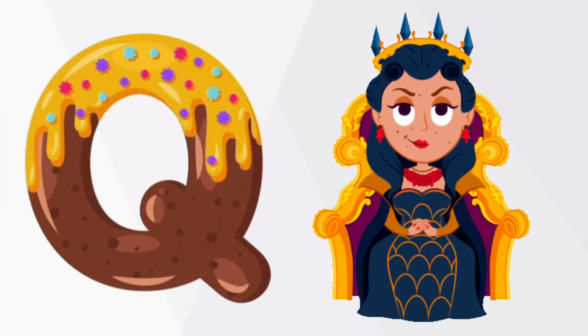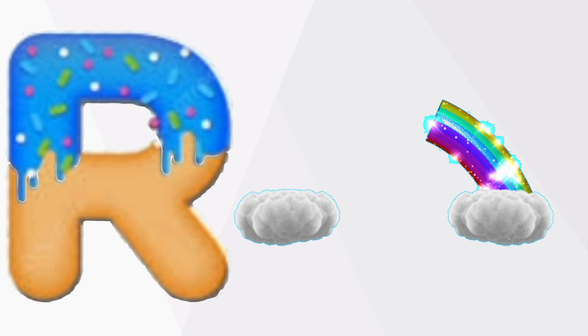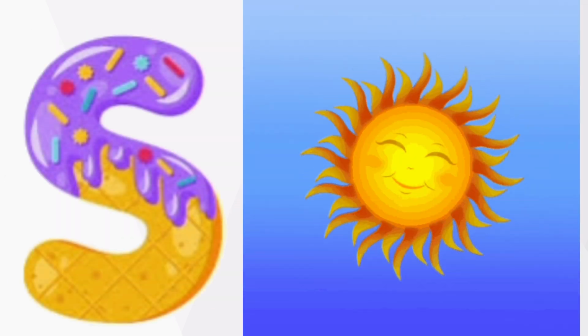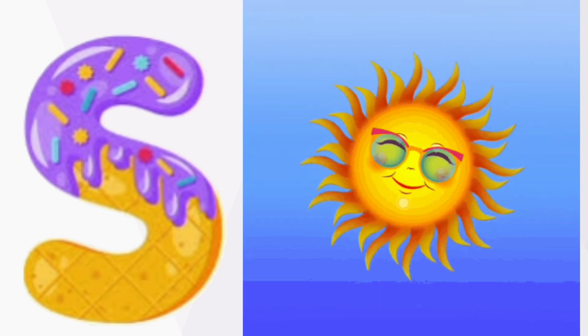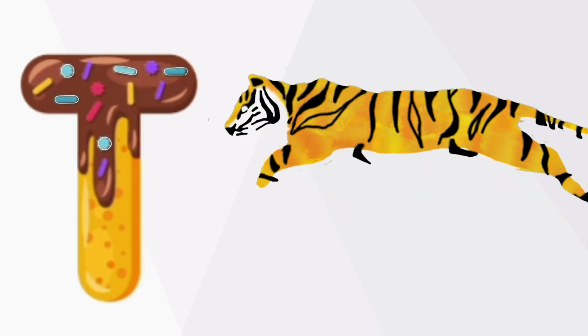coin. Q, queen. R is for rainbow, rainbow. R, rainbow. S is for sun, sun. S, sun. T is for tiger,